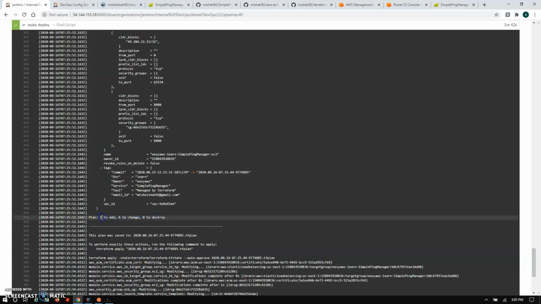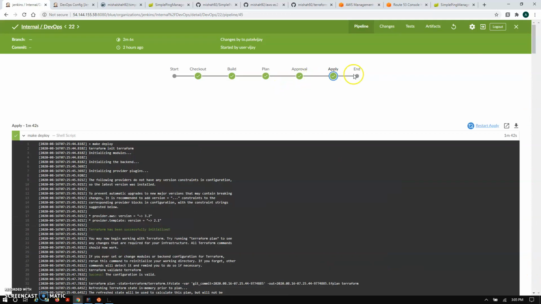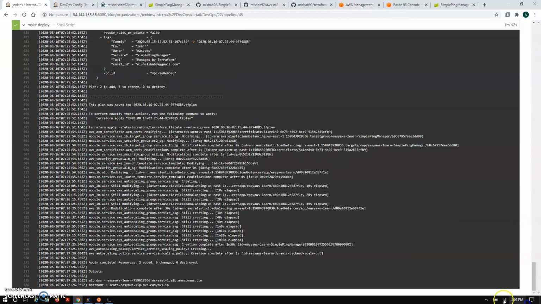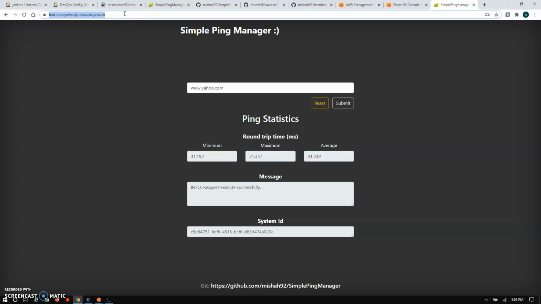That's why it's saying that only 2 resources are added and 6 are changed, and no resource is going to be destroyed. So this will be created and deployed. At last it will populate the URL with the host name. You can see this is the host name which we use here as ping manager. So this is our host name here.